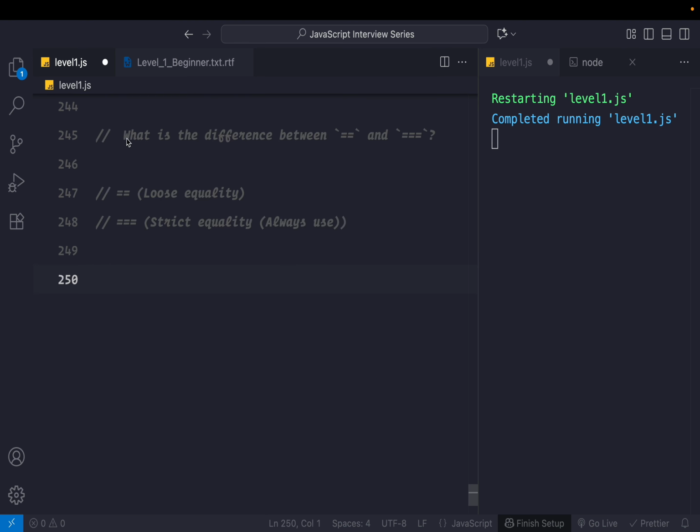The next question is what is the difference between double equals versus triple equals? Double equals is called loose equality operator. Well, should I call it operator? Many people prefer to call it operator, but let's not call it operator, just call it loose equality. And the triple is called strict equality, and you should always use this triple equality, and I will show